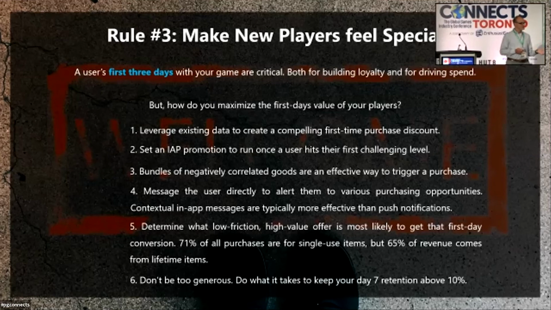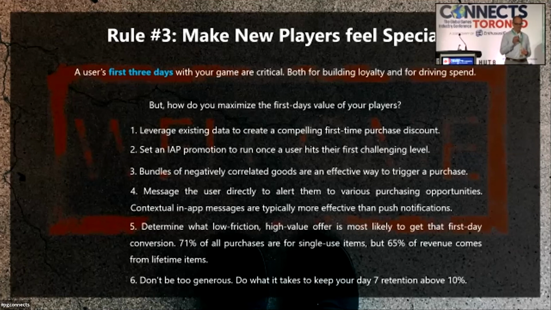So while everything I've been saying so far is about trying to get that first purchase in 3 days, D7 retention is your most critical statistic, right? The most important thing is you want to make sure you're having a 10% D7 retention, and you want 10% of those players to actually be payers. And if you're not quite hitting that mark, you may be being too generous in terms of what you're giving away earlier on. So watch that very closely in how you give that out.